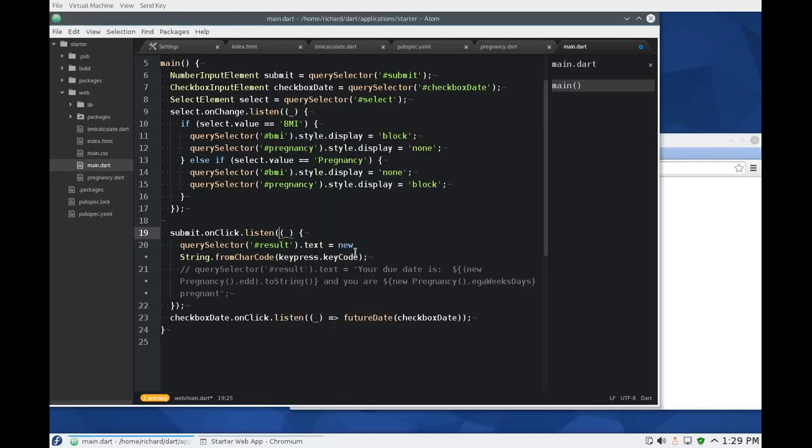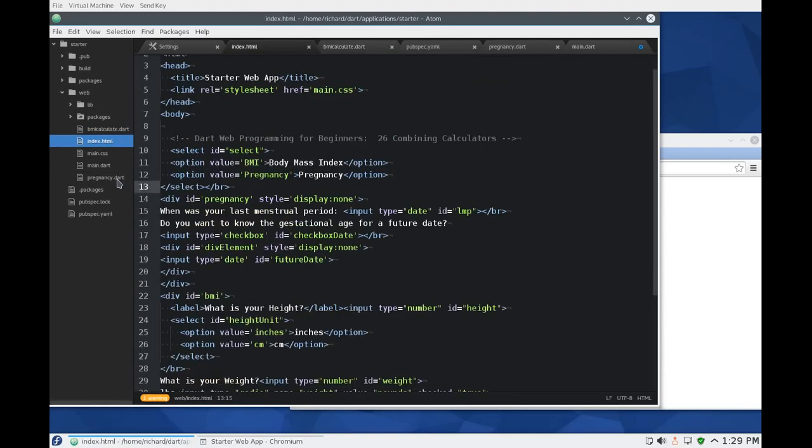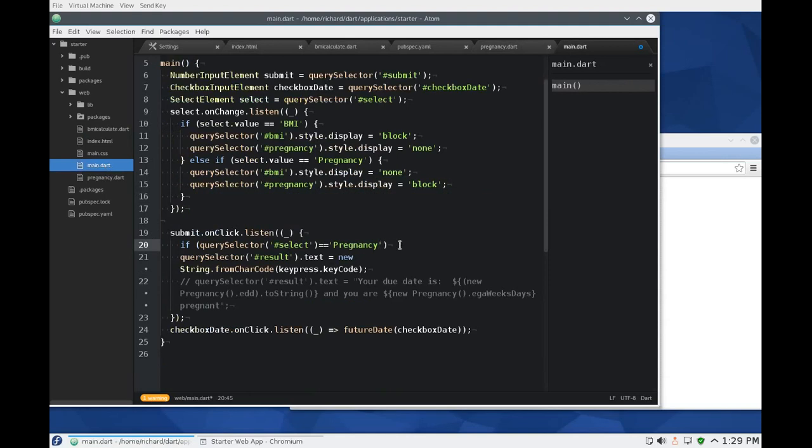So what we'll probably do is, if query selector, the value is select equals pregnancy. Is that capitals? Did I make it? It is capital. Okay. If that equals pregnancy,